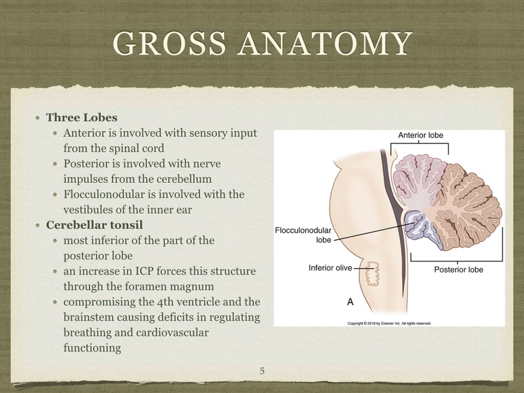Here, this herniation actually causes breathing and pulmonary dysfunction as well as cardiovascular impairment. What happens is that this structure is basically being pushed through our foramen magnum, and it's not a good thing. So in the book it talks about this a little bit, so I thought I would just put this in the slide to discuss how this cerebellar tonsil